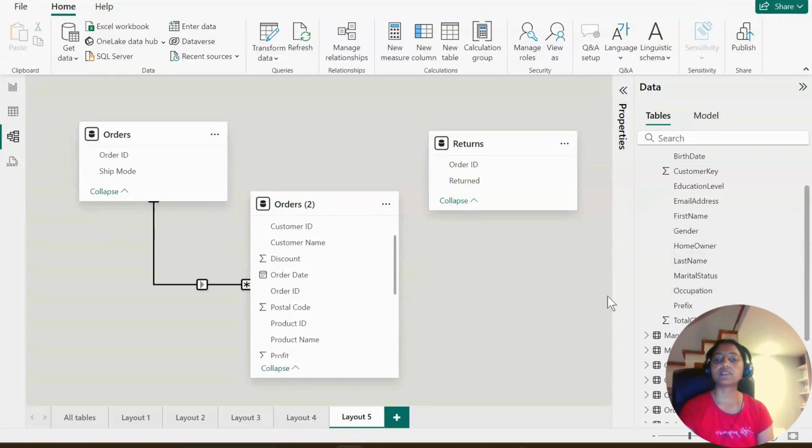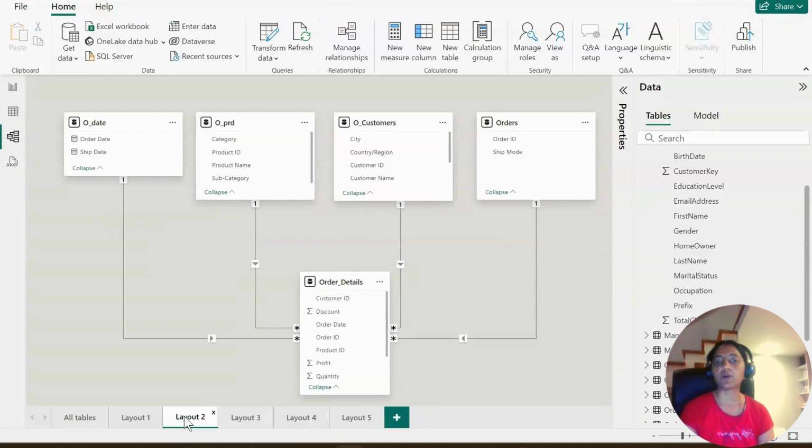So that is why the best practice is that if you ever have to create a good data model, it's always recommended that you try to hide all the unwanted fields from your data model and from your report view. So how do you do that? So you can simply select, so let's say that this is your fact table, right? So in your fact table, you don't need to have your foreign keys enabled. So what you can do is simply select a particular column and then press and hold your control key